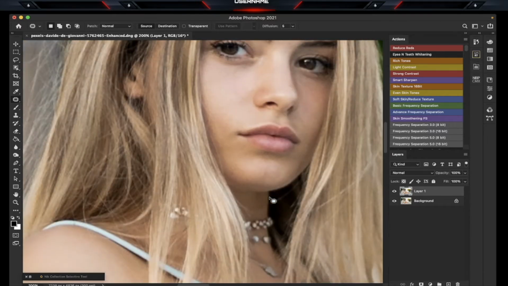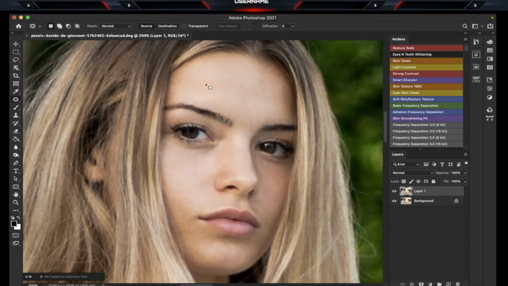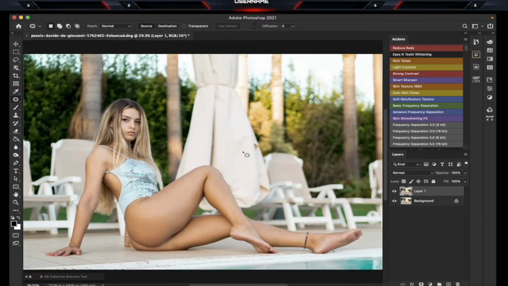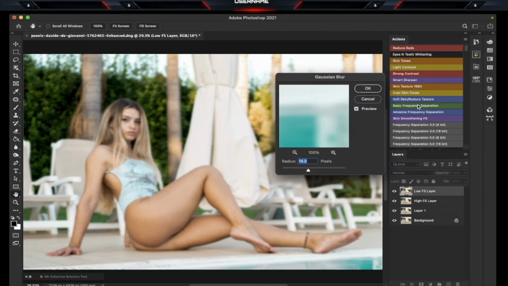Before I get to frequency separation. Now, being that this is such a low resolution image, you have to be really careful when you're doing frequency separation to make sure your radius isn't too high, because again, this is a low resolution image. So let's zoom all the way out, and I'm going to run the basic frequency separation. So if we look here,